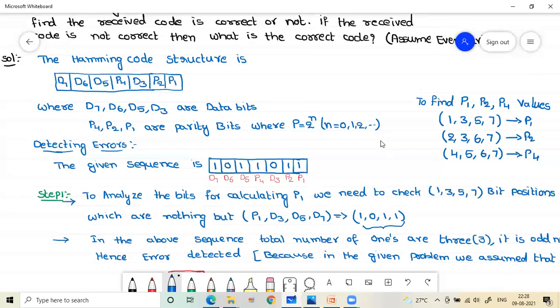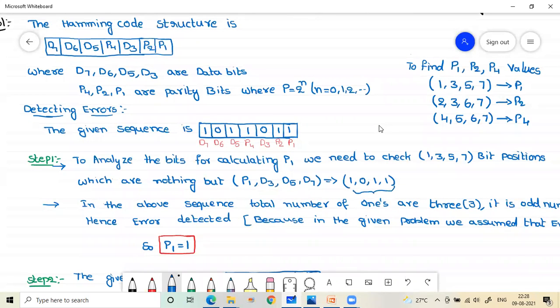Now we are going to find whether the code is correct or not. For that, you need to remember this code. Now let us come to step 1. To analyze the bits for calculating P1, we need to check the 1357 bit positions, which are P1, D3, D5, D7.